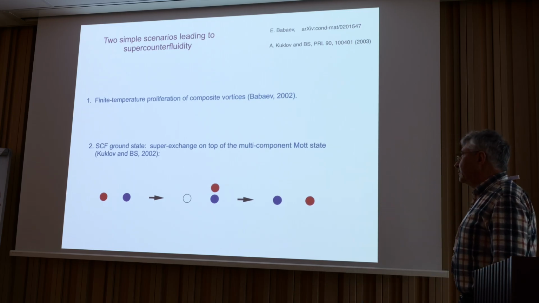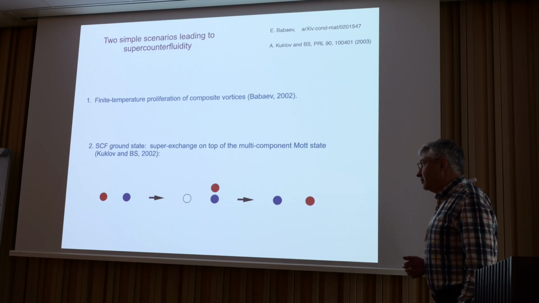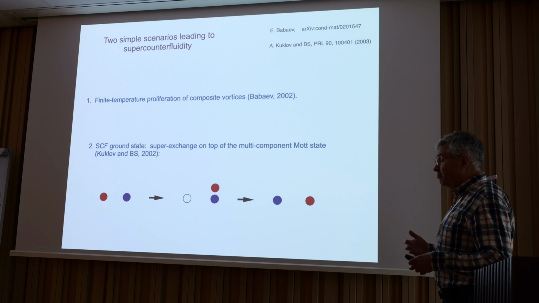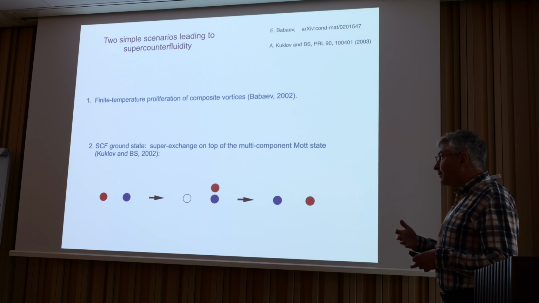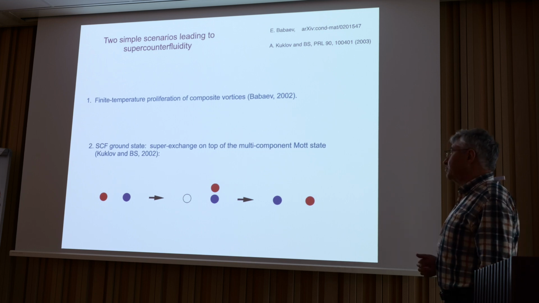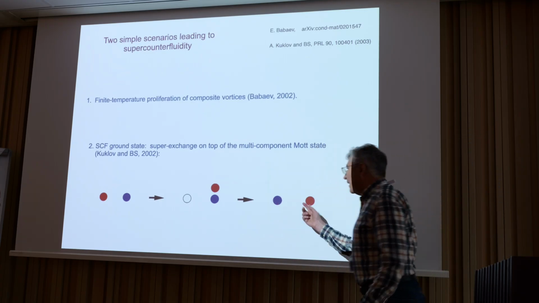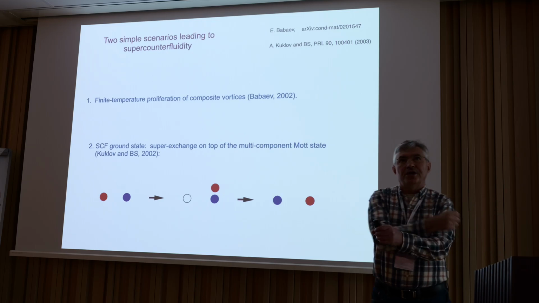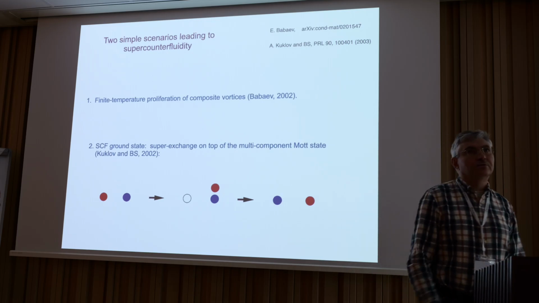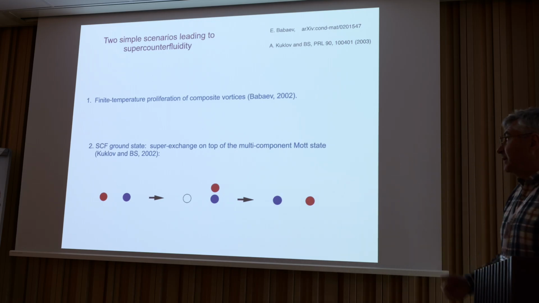The net filling factor is 1, or maybe 2, commensurate filling factor, with strong enough interaction leading to Mott-ness. So the net flow is suppressed by Mott-ness, but you can do the super exchange illustrated here, and actually two guys can